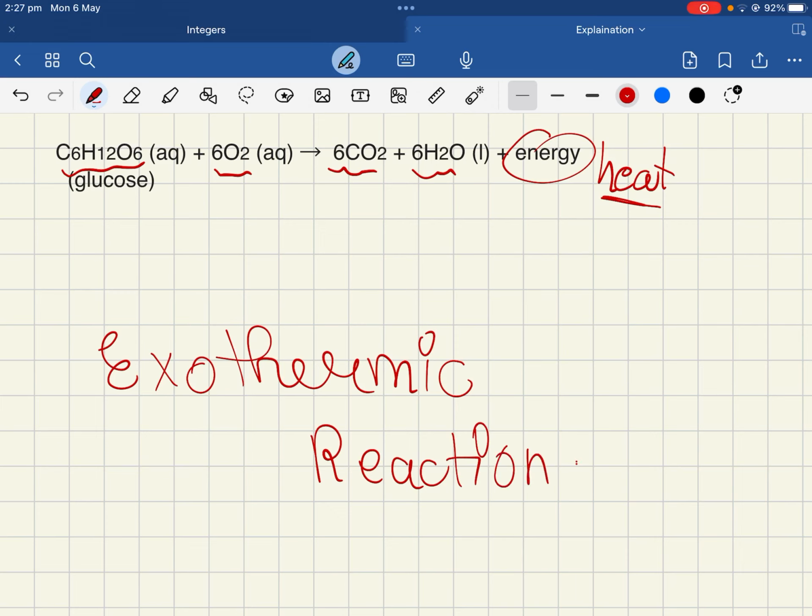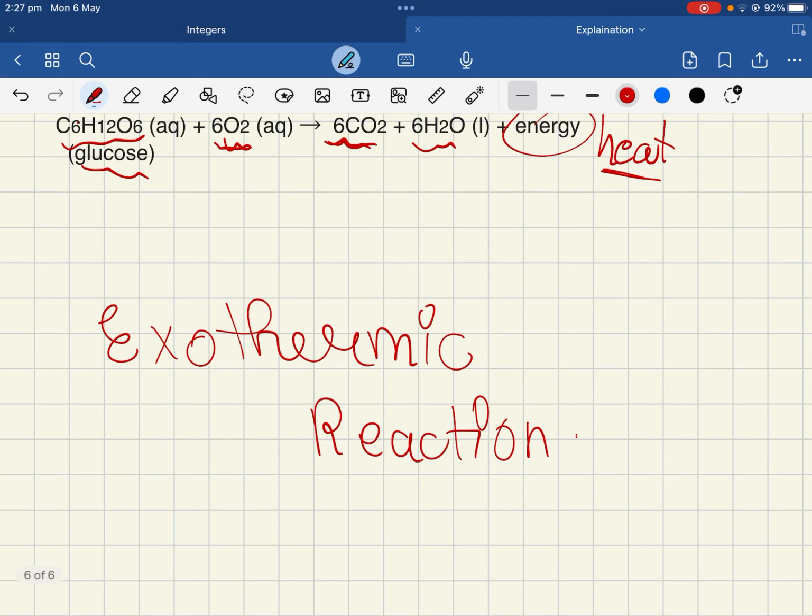This is an example of exothermic reaction. Glucose, carbon 6, hydrogen 12, and oxygen also 6, plus oxygen react to become 6 carbon dioxide plus 6 molecules